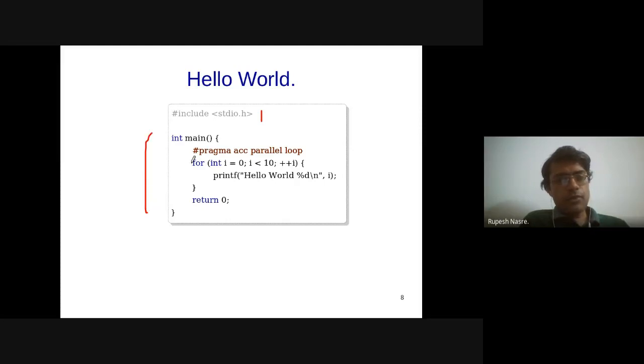It just has a for loop, right? And before that, I'm just going to give a pragma, hash pragma acc parallel loop, or if you have the for loop or do loop inside a Fortran code, I'll just use bang $acc parallel loop. So whatever is after acc, that is going to be common between C, C++, and Fortran. What is the expectation out of this code? Well, if this pragma didn't exist, then hello world 0, 1, 2, 3, 4 up to 9 should get printed in the sequential setting.